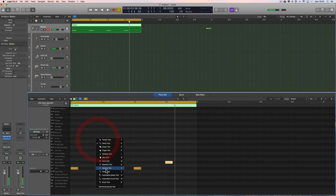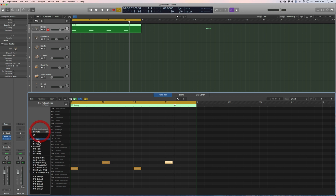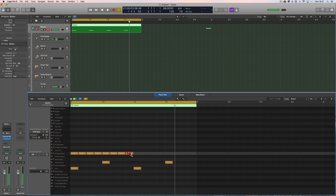Okay, then for the hats, you can go with 8ths or 16ths, but if you use 8ths, the 16ths in between have got to be really low. So I'll go with 16ths. Hi-hat closed. Brush them in. Select them all. Adjust their velocity to about 100. And then shorten them, and I only do that to make the gaps in between easier to see. It doesn't make the hi-hat playback shorter, you know. And then I'll select every other hat,